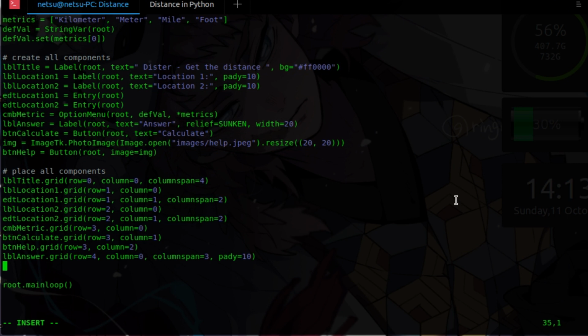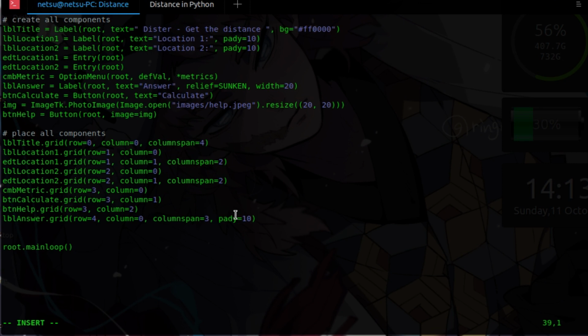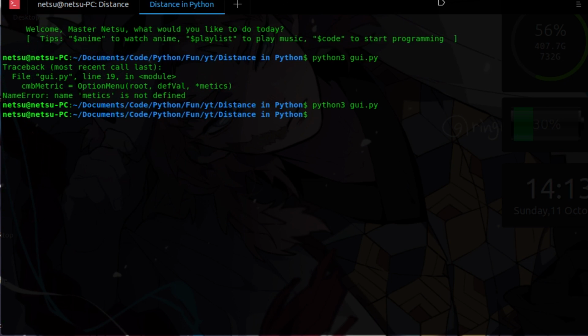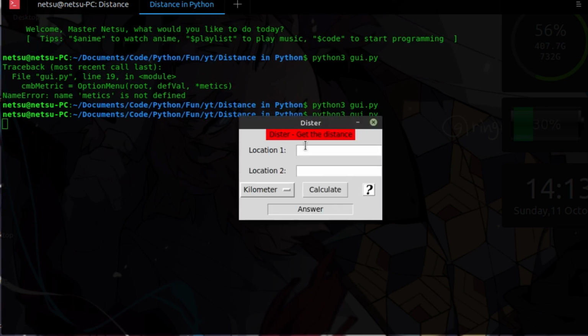And yeah, that's basically all of the styling. So let's just save this and run it just to make sure everything can be displayed and it doesn't do anything wrong. As you can see, there's the title, location, here is your drop down list, there's a calculate button, there's the help button. None of them does anything yet. Here we can put in text and stuff like that. Yeah, and here will the answer be displayed. If you don't say sunken, this wouldn't be here. That beautiful sunken styling. I don't know how to describe that. But yeah,